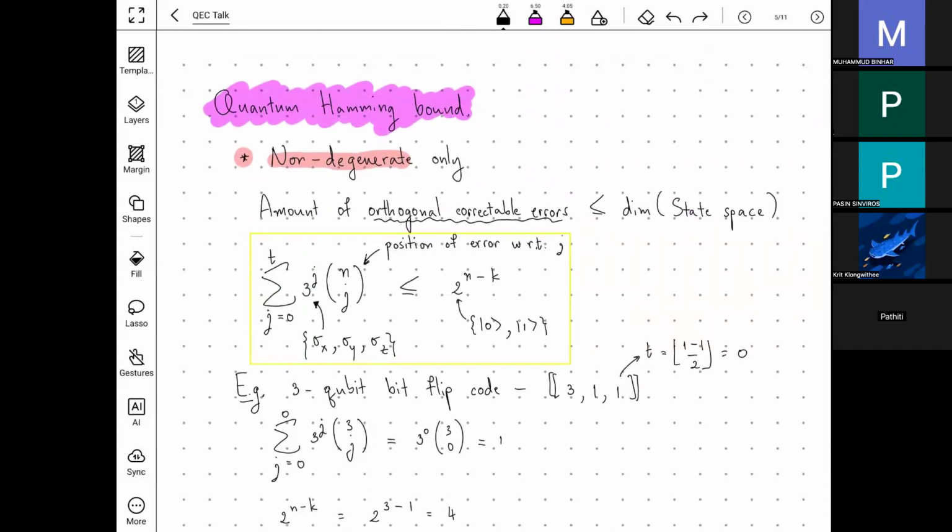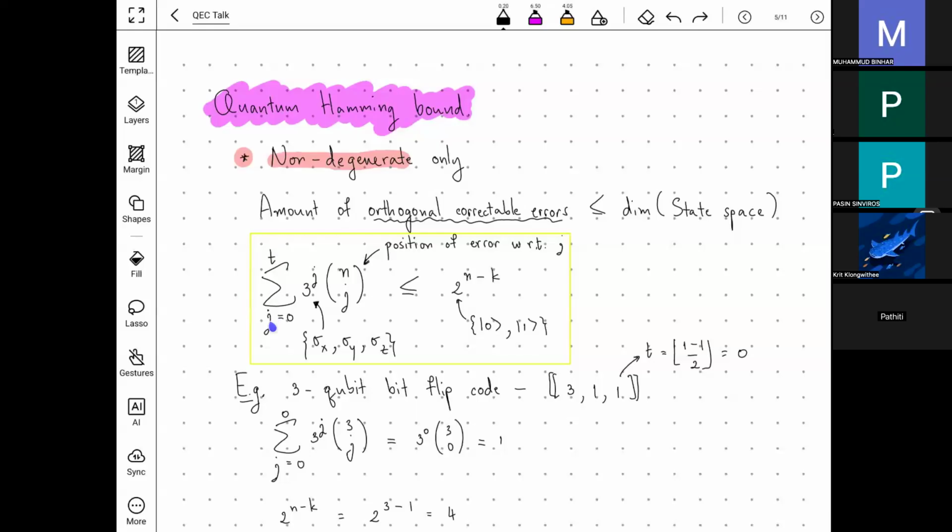So we're just counting over all the positions that the errors are allowed. So we're going from 0 errors to T errors. And in each position, there are 3 possible errors that can occur: the bit flip, the phase flip, and both. And that is where this term 3 to the J here is from. And then you must choose where the errors can happen. So we just use the amount of total qubits, and then just use n choose j, multiply that in. So you'll get that this is the amount of correctable errors in the code, and that should